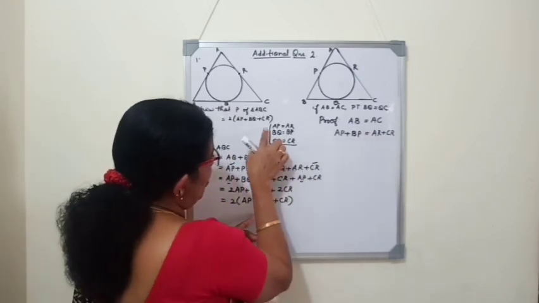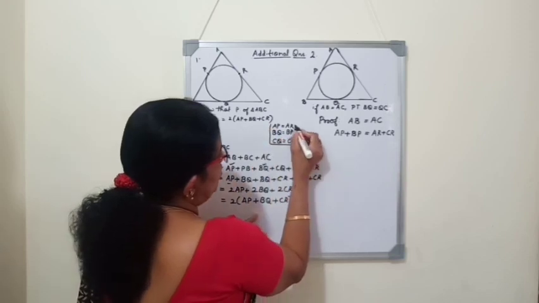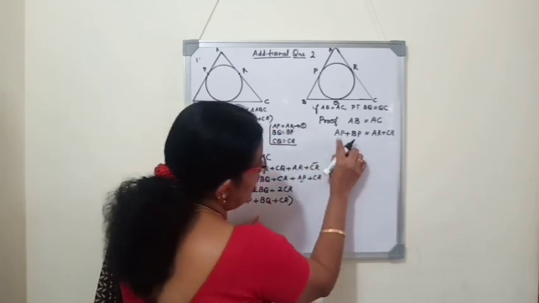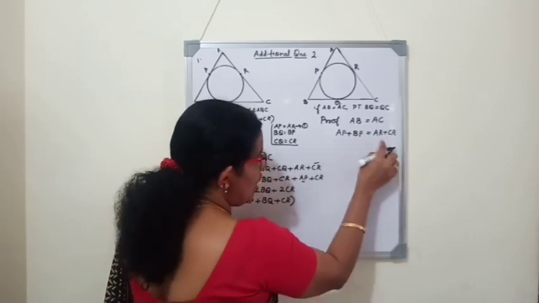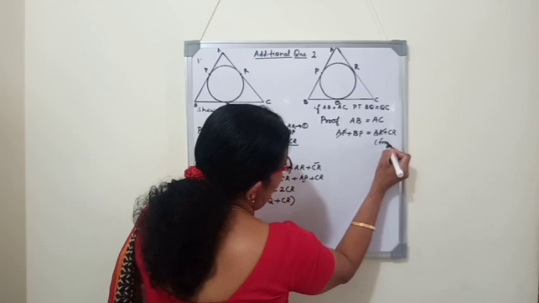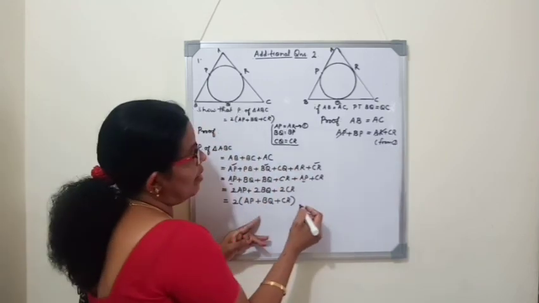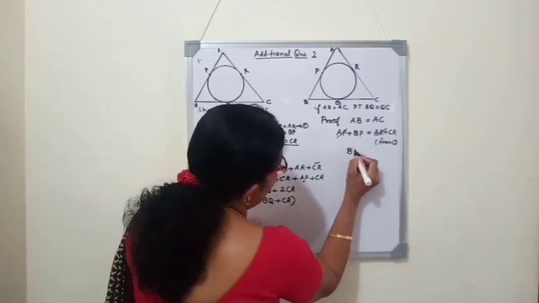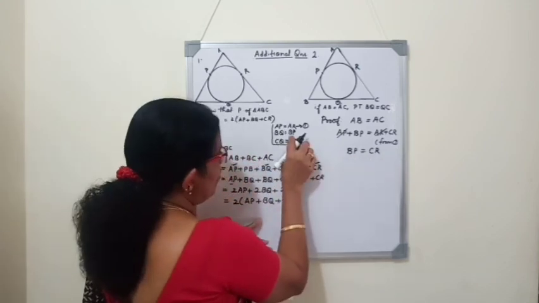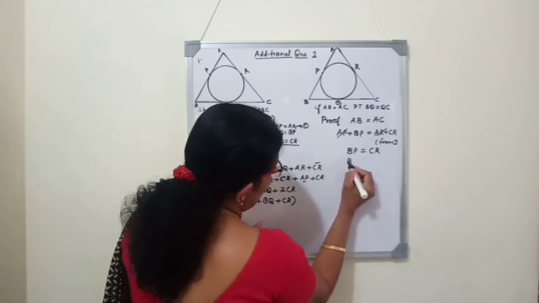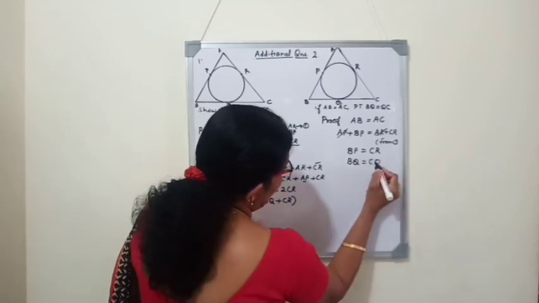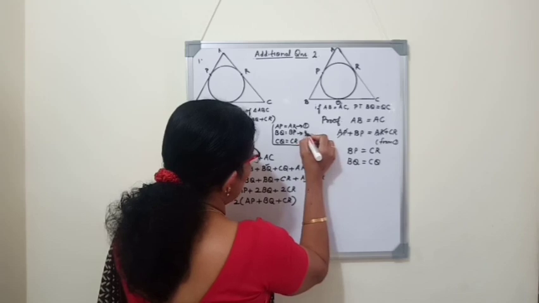Now, AP and AR are equal. So, this we will write as equation number 1. AP is equal to AR. So, here AP and here AR are both the same, so we can directly cancel. Write the reason: from equation 1. So what is remaining? BP equals CR. Now we will change BP. It can be written as BQ. And CR can be written as CQ. So write the reason from equations 2 and 3.